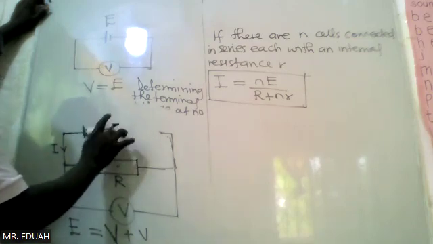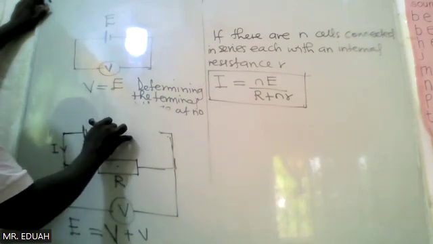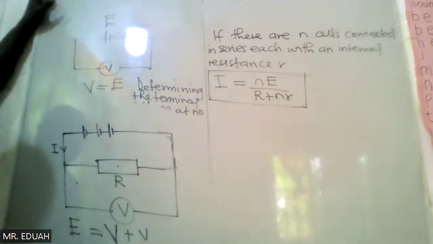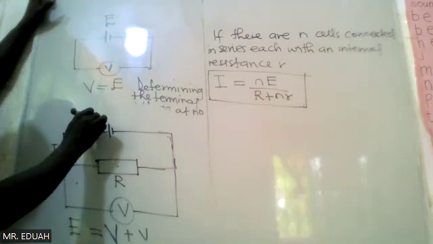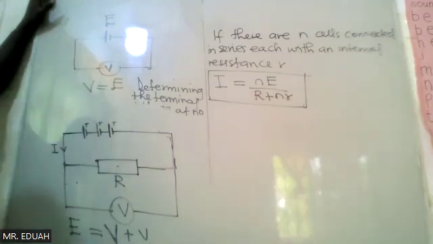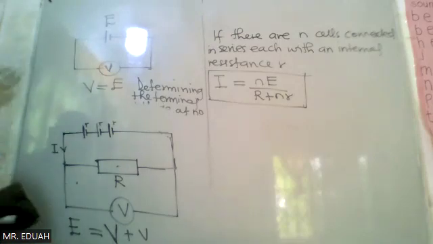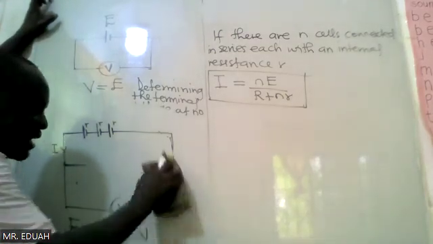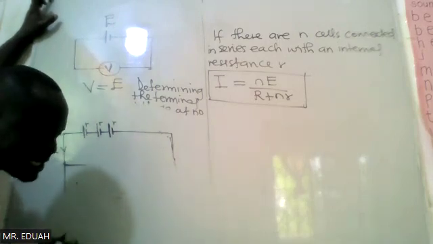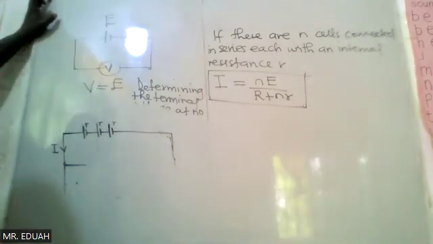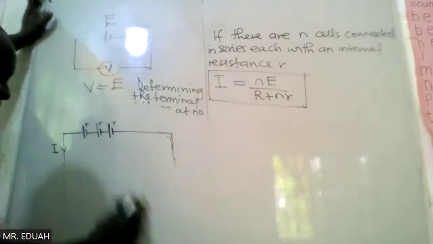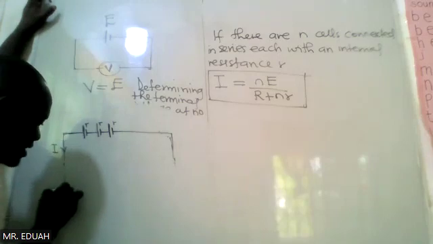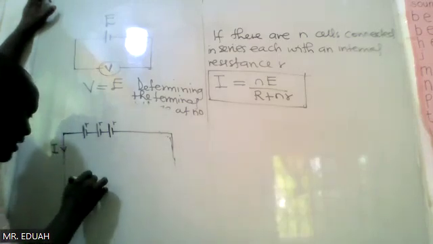So I have 3 batteries, each with internal resistance r. Now, the external resistance will not be a single resistor, but I can craft the question in such a way that